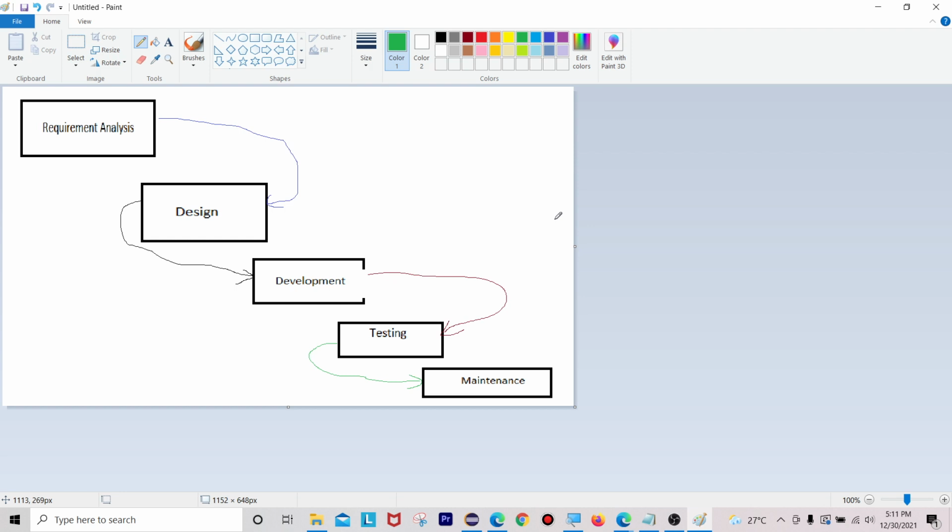Here in the sequential model, for example, there is one small requirement, where one business customer, say one small restaurant owner, needs an application where he can have all the products available in his restaurant, according to the rates fixed, like the MRP rates. What kind of foods are available, what kind of beverages, and what kind of ice creams or flavors are available inside that restaurant. So they will list out all these products inside their requirements.